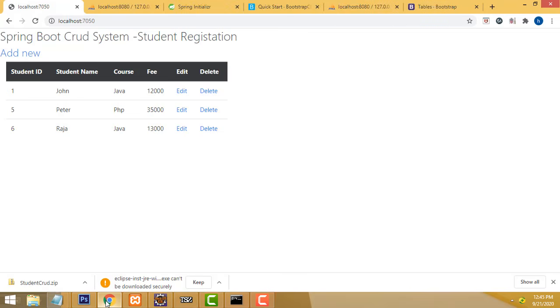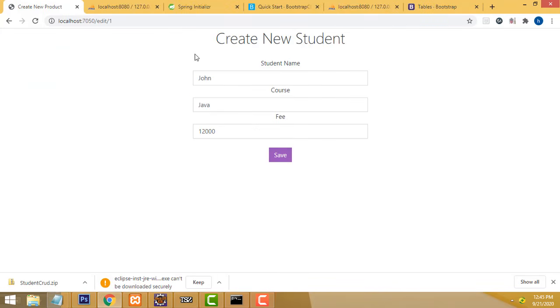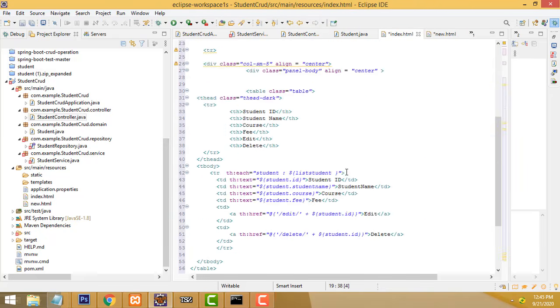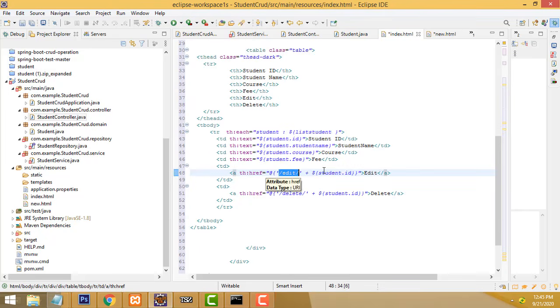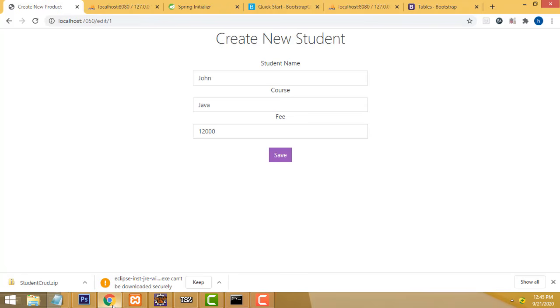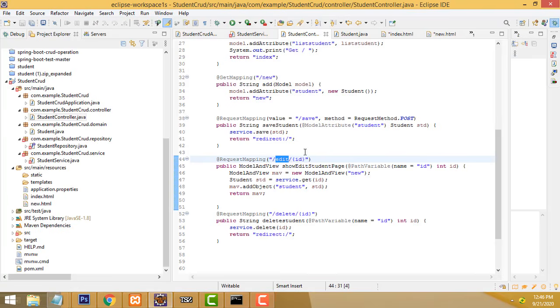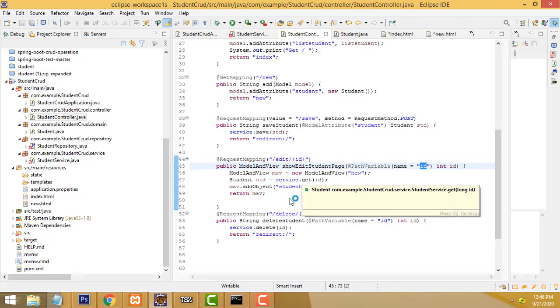After that, if you want to edit the record, click on the edit button. It goes to the same form with the details. So I have added the edit here. I have already done this in my index.html. If you click on the edit button, it goes to the student ID, the student edit method. Here we have to write the code for the action. Whatever ID you are selecting on the edit page comes here, and it searches for it. The relevant record should be shown on the page. Okay.